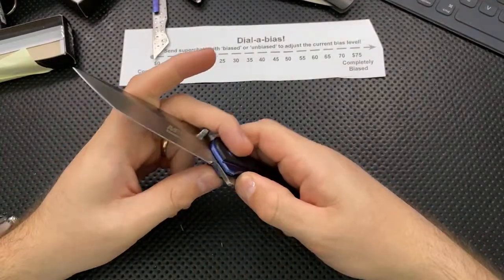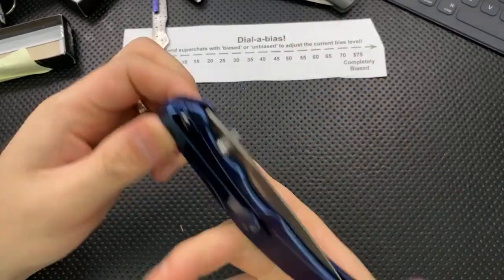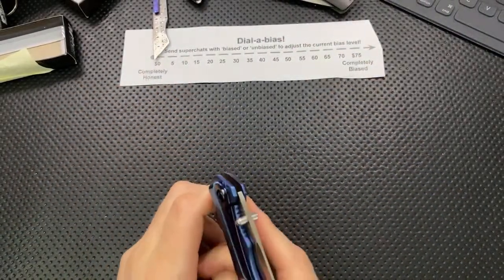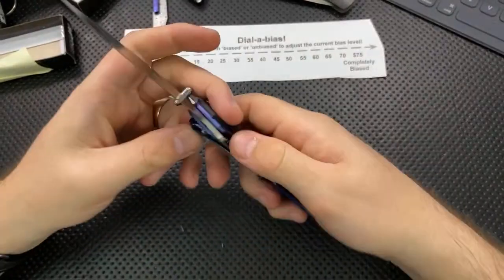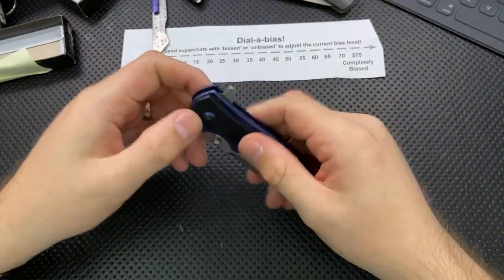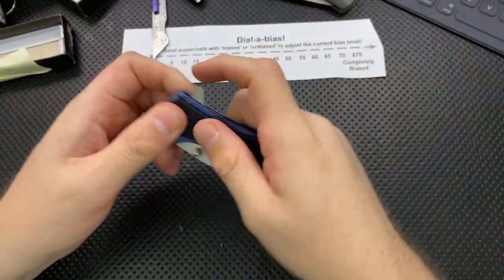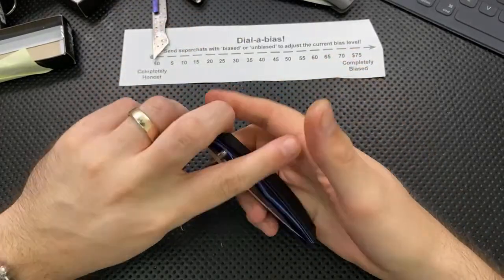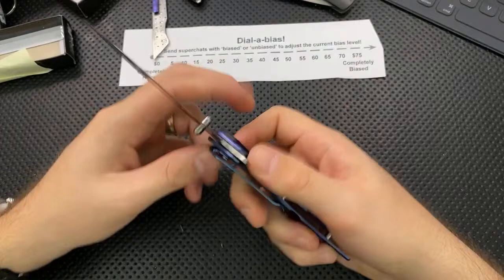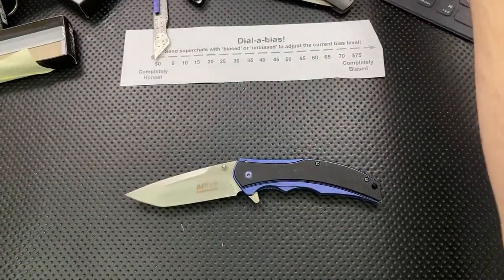Good Lord, that thing's got to detent like crazy. It's not going... No hand on lock bar. Look, hand is nowhere near lock bar and still... there we go. Good Lord. I heard once of a knife maker using a trigger pull gauge to measure their detent and get it dialed in. But yeah, this... Okay, I think it's loosening up maybe a little bit. Okay, maybe there was like a burr or something. You know what I'm going to do is I'm going to...